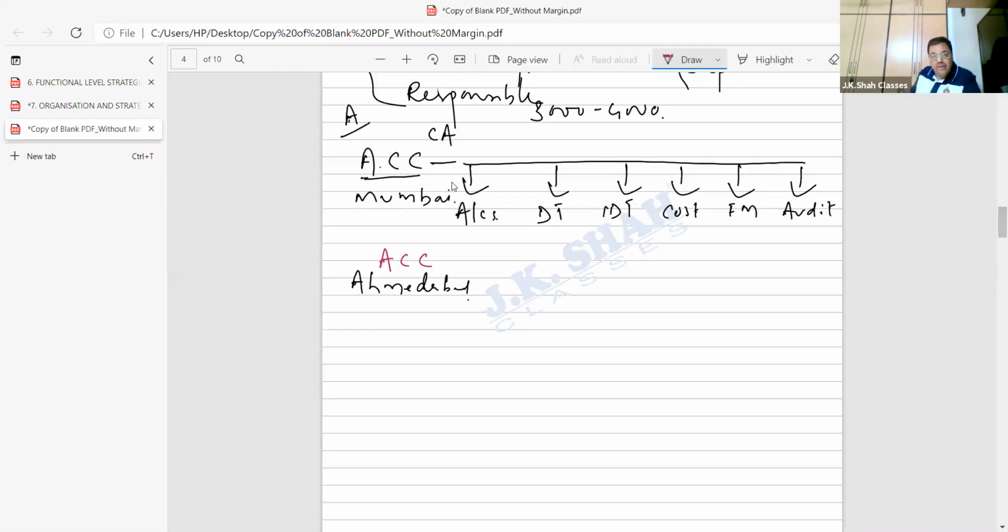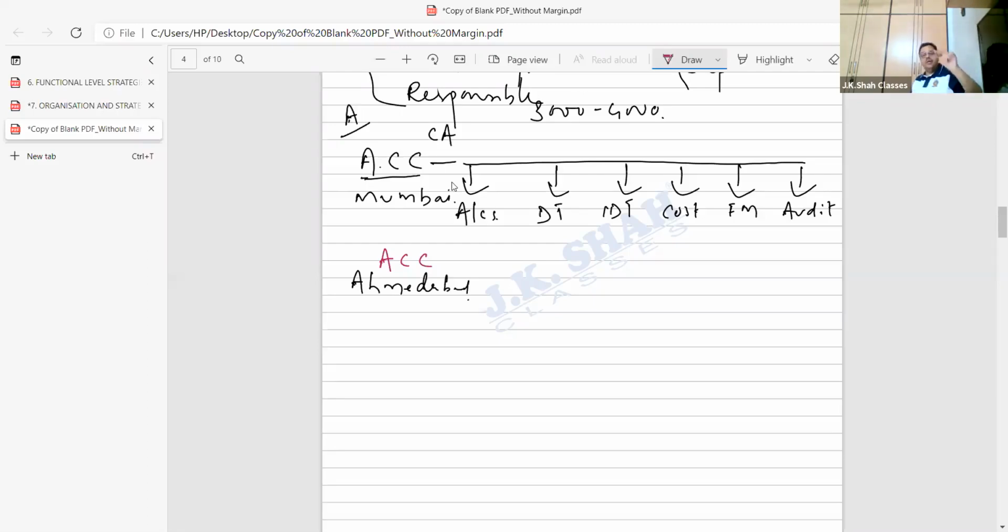So Niyati says, sir, now what about teachers precisely? Teachers was a big problem. If we would have appointed local teachers to teach accounts, DT, IDT, then bacha, this becomes like a divisional structure. How come divisional? Mumbai will be one division, Ahmedabad will become another division. And again, the problem will be the duplication of staff.